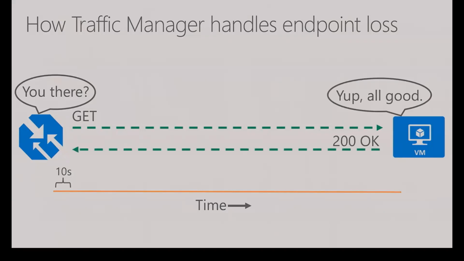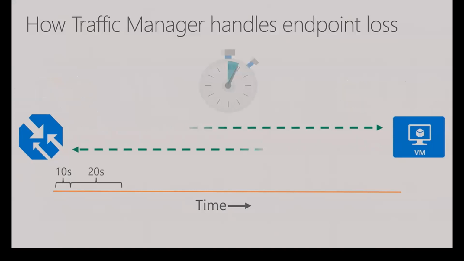But it's going to respond. So the machine's like, yep, all good. Here's your 200 code, ACK. It's all good. So that happens. It gets 10 seconds to do that, so it waits 10 seconds for that response. And then it basically chills for 20 seconds. It hangs out. So basically you've got 30-second intervals.